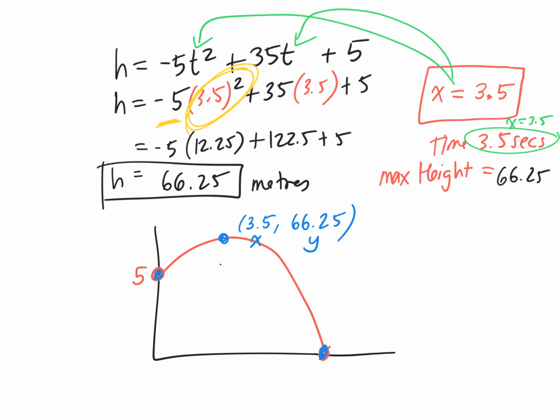how long is the rocket in flight? How many seconds does it take for it to hit the ground? When I showed you on Desmos, does anyone remember the number? 7. It was 7.14 seconds, so you can answer that for question B. And then how